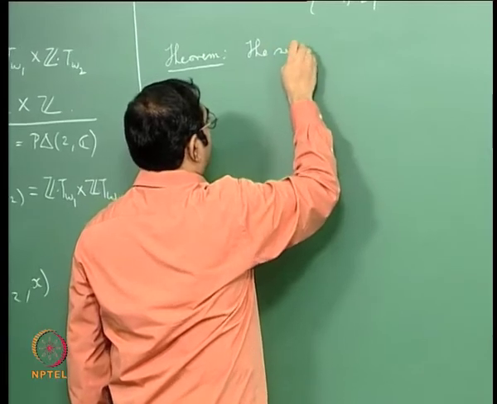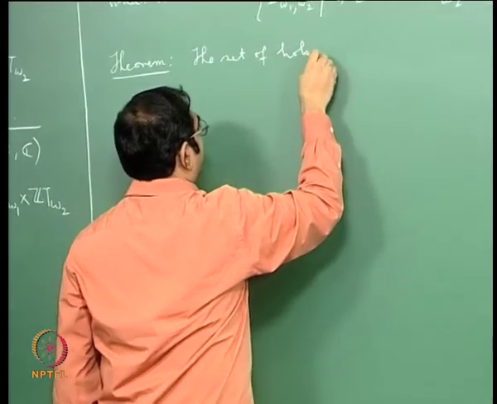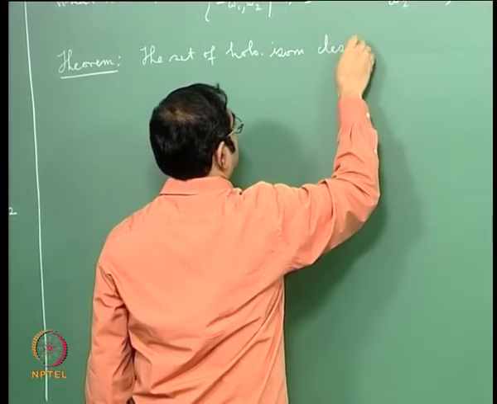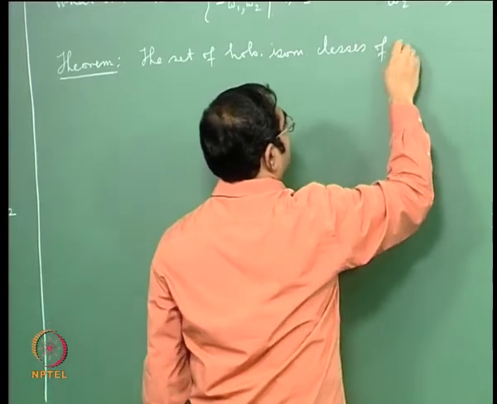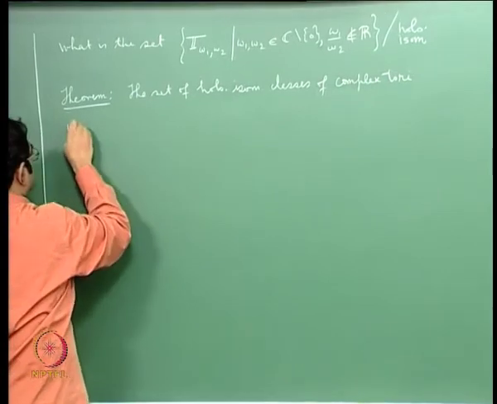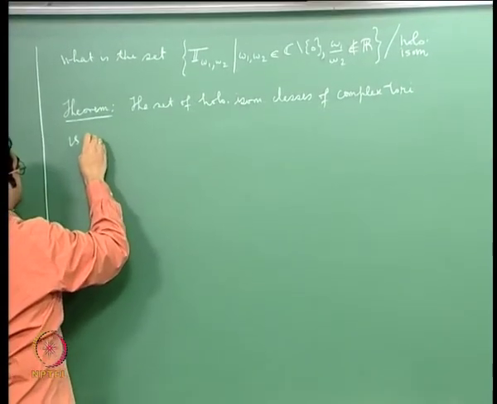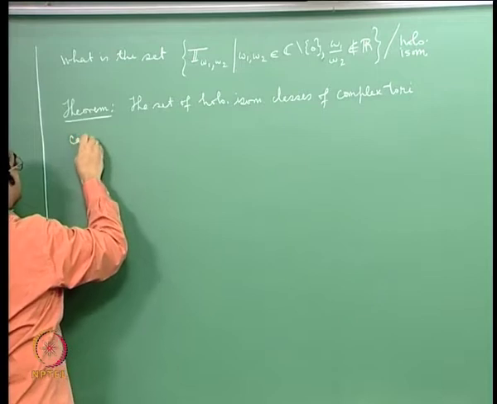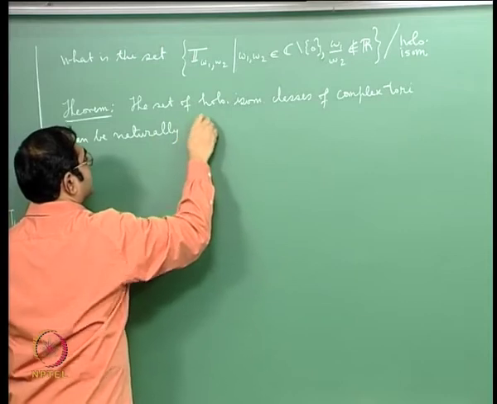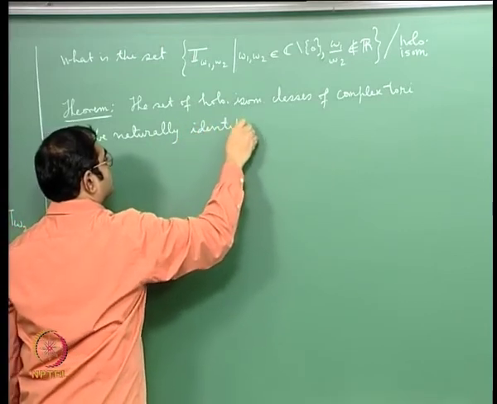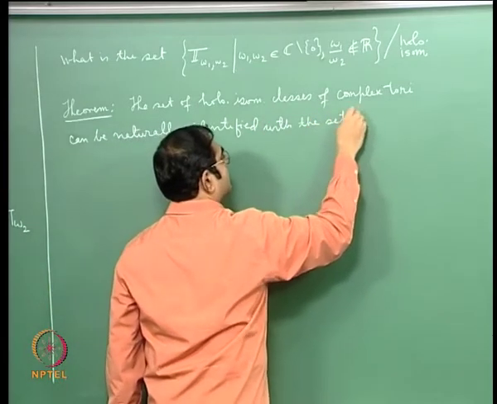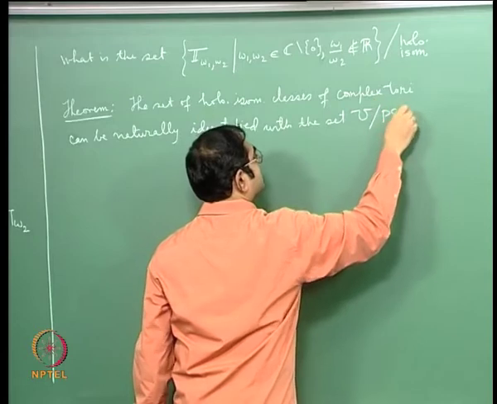The set of holomorphic isomorphism classes of complex tori can be naturally identified with the set U mod PSL2Z,